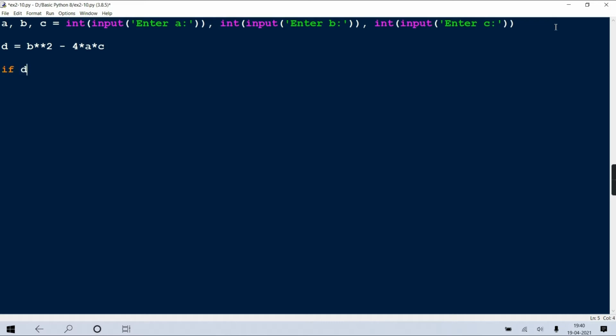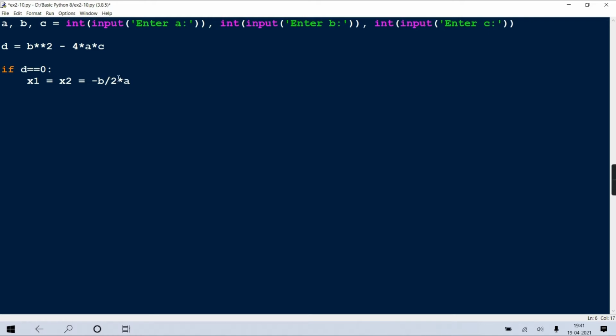Now you'll check whether D is 0. If D is 0, then both the solutions are going to be the same, that is minus B upon 2A. But just put 2A in brackets. If you don't, you know what is going to happen.